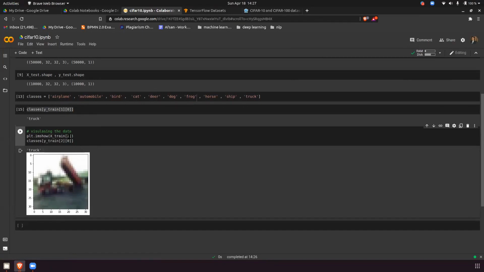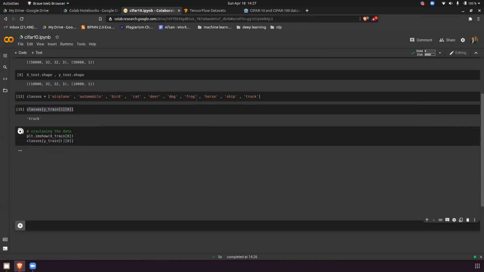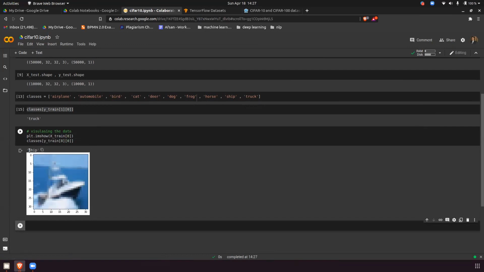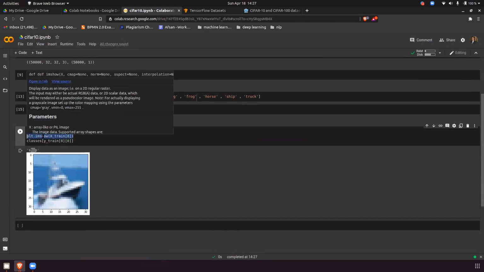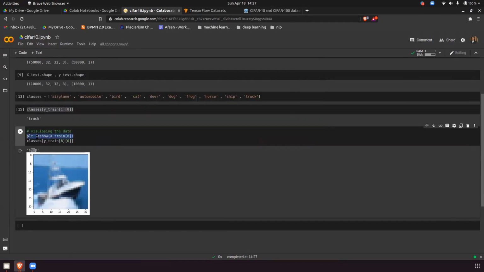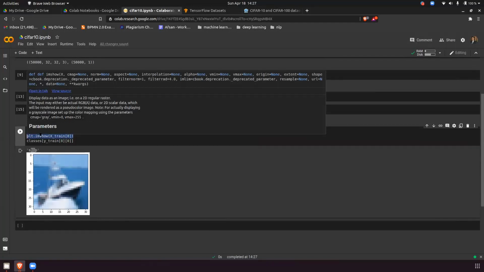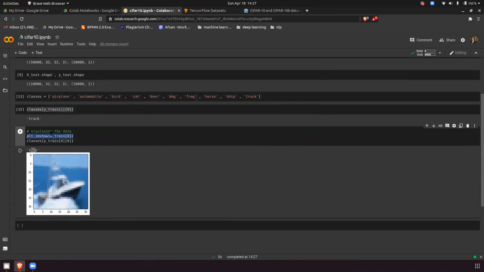Let's try to change this. Suppose I make it 8, and this also I have to make 8. If I run this, this is ship, and you get the answer as ship. So this is with matplotlib. If you have an array, a matrix basically, you can easily plot this with imshow. imshow stands for image show. If you have an image in the form of a matrix and want to see it in Google Colab or in Python code, you can use the matplotlib function imshow and pass the matrix here. When you pass the matrix, it will display it in the form of an image.